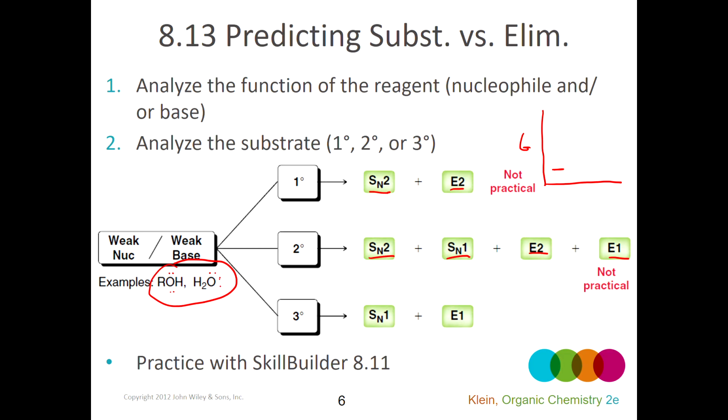So for that to come in and push the leaving group out right away and do an SN2, with the sterics and the fact that it's relatively stable, it's a pretty high energy jump that it has to make. So it's not going to happen very often. And since it's also relatively stable, to go in and pick up the beta proton and do an elimination,